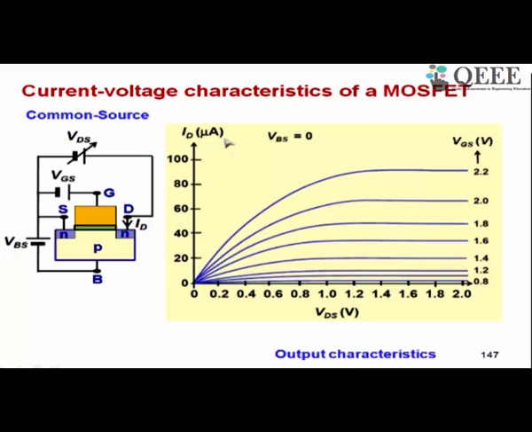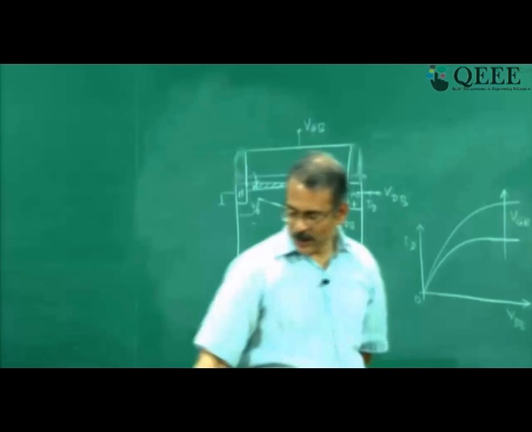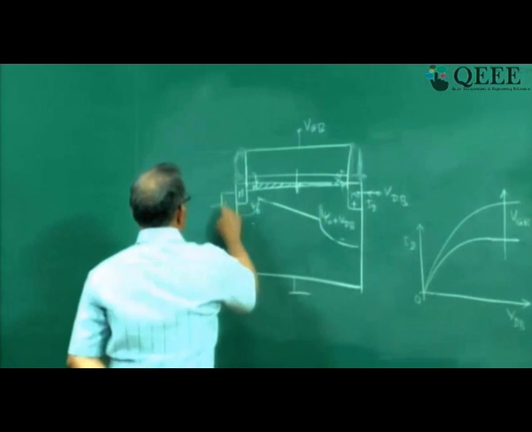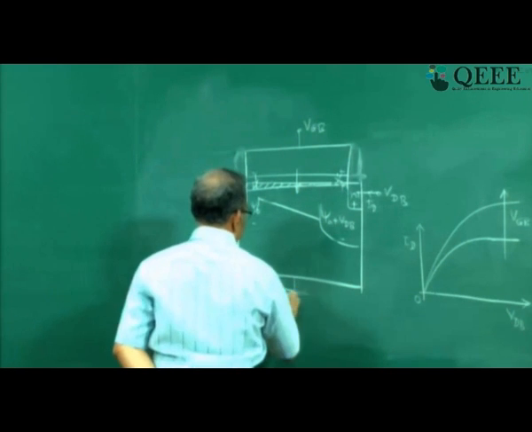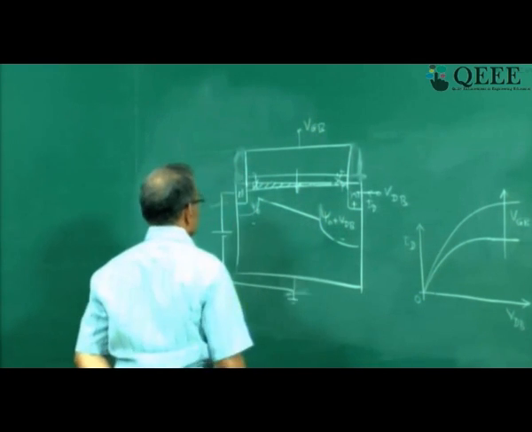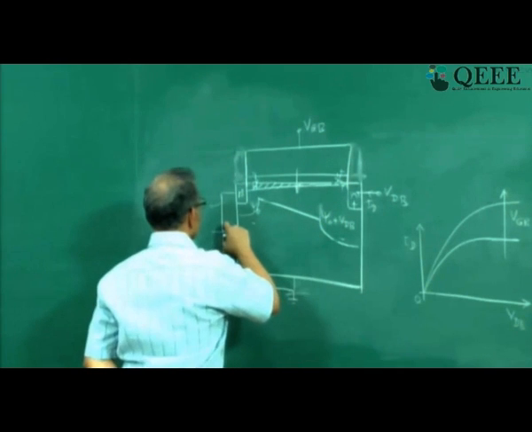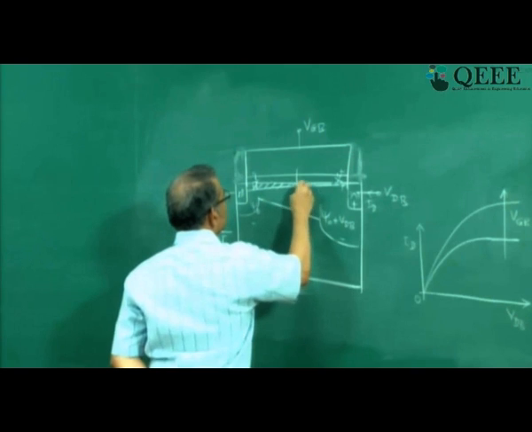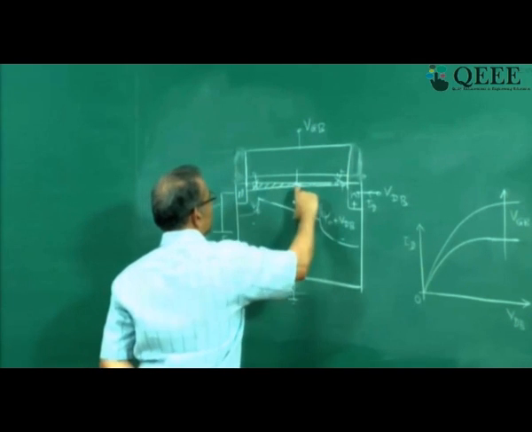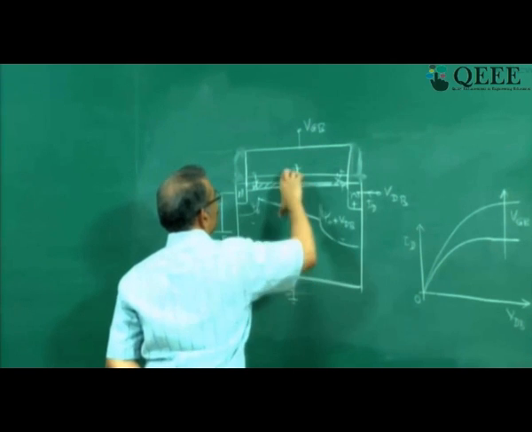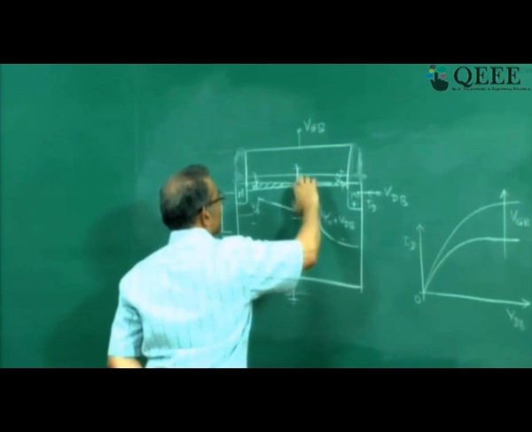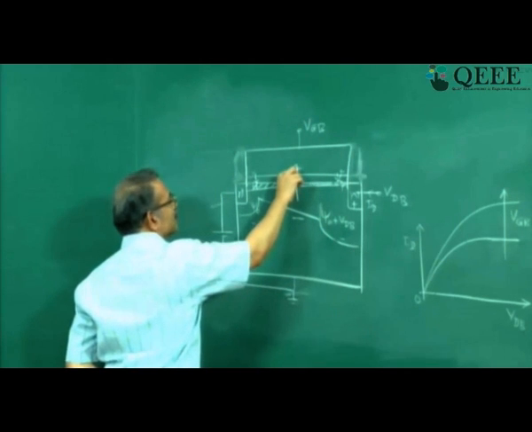Now someone had asked me a question in the first session. What happens if you change VBS? Now we can explain what happens if you change VBS. If you introduce a VBS with this polarity where the source is positive with respect to bulk, what is going to happen? So if I introduce a power supply here like this, what are you doing? By introducing a power supply, you are increasing this part of the voltage, right? But this total voltage you are keeping the same. If you increase this part of the voltage, then this part of the voltage will reduce, right?